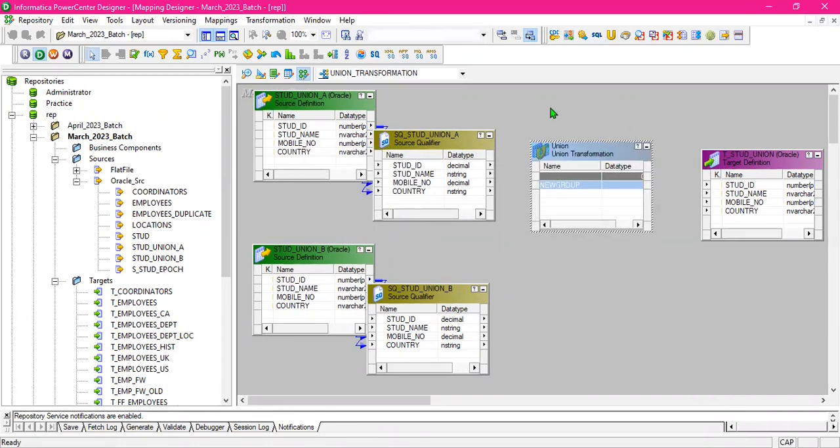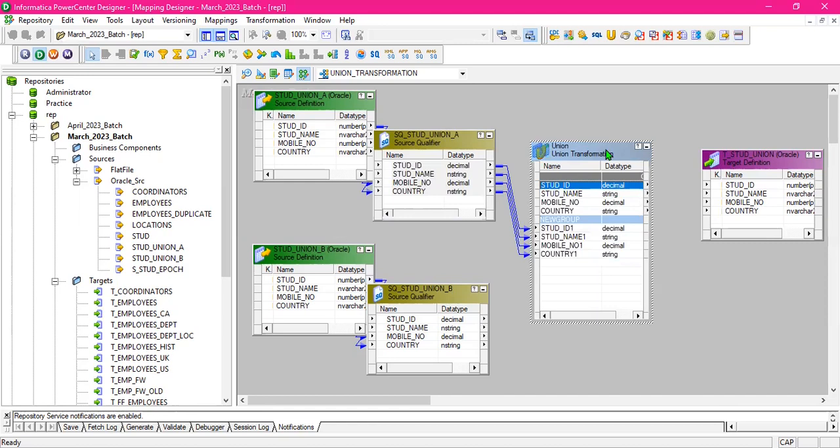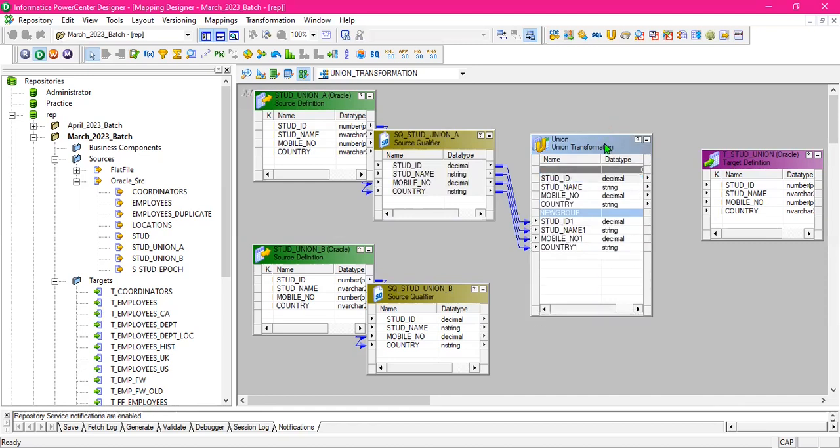And give the input to the first union A doc. Whatever their columns are, you can connect that to the union. Once it is given, just double click on this and you can create the mapping, create the group. Okay. Once it is given,